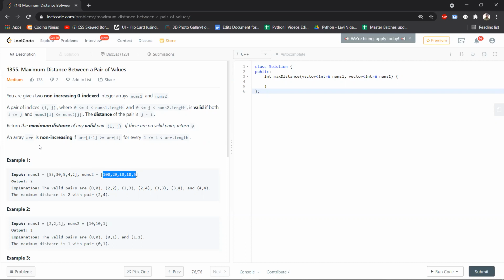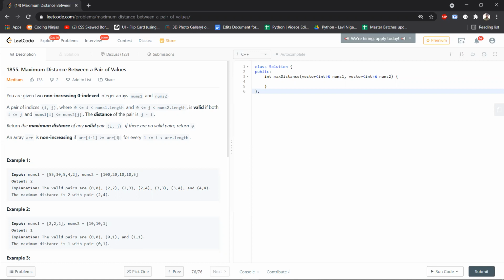Also, nums1[i] is less than or equal to nums2[j], right? If such a pair exists, then that pair is a valid pair, and the distance between that pair would be the difference of j and i, that is j minus i. So among all such valid pairs and all such distances that we obtain, we have to find and return the maximum distance.